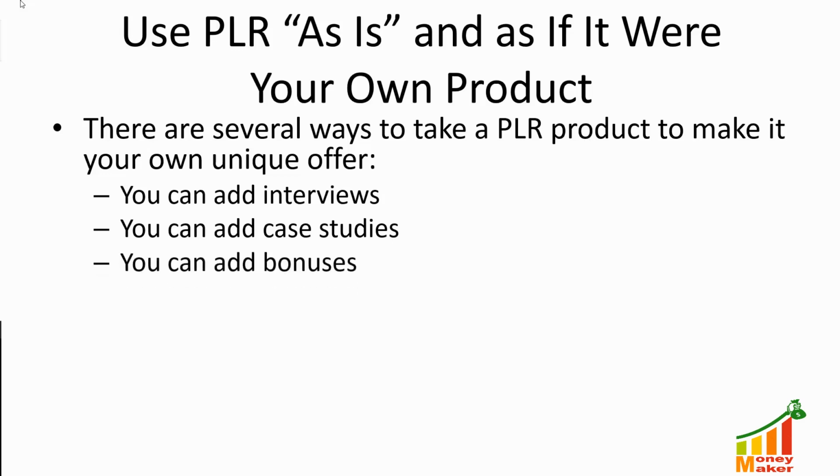You can also add some unique bonuses. Now, you can bring some pieces of content to the mix. You can bring other pieces of PLR, or you can bring other resale rights content. You're going to add those unique components that you can bring and add to the project so that your customer is really getting something that they can't get from any place else. The key to this is really creating a unique selling proposition with your product. You're going to be creating something that your customers can only get from you.